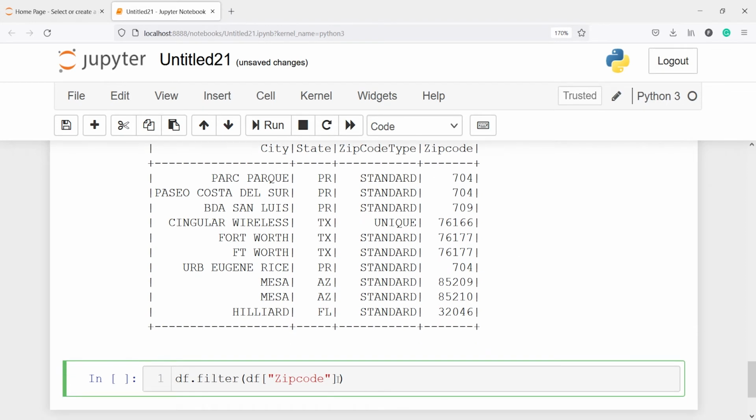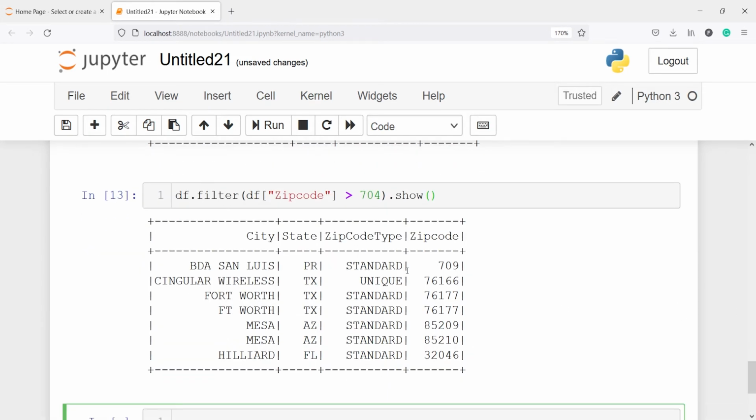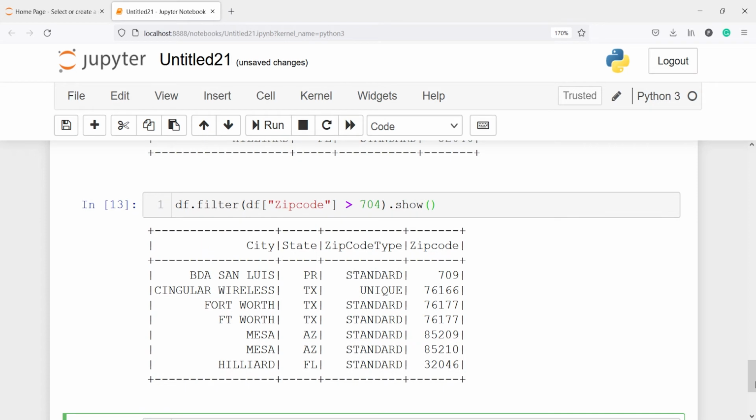So here I will write the greater than symbol, and it has to be greater than 704. Dot show will display the results here. Let's execute our code. So now you can see we got all the zip codes which are greater than 704. We did not get 704 here. So you can use this filter method.